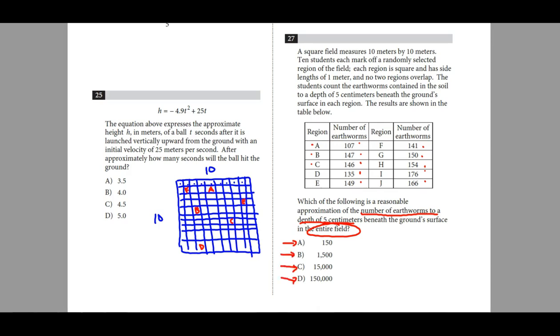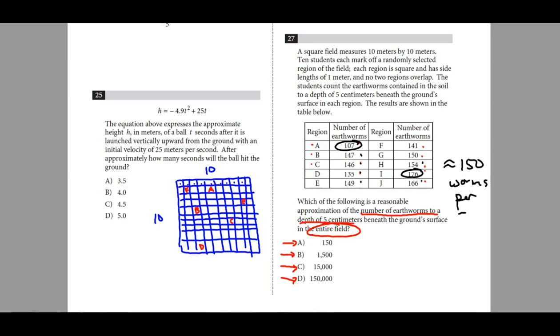So I think I can use a ballpark method on this one to try to figure it out. Looking through here, it looks like the smallest region had 107. The largest region had 176. And just peeking at all these numbers, it looks like somewhere about 150 worms